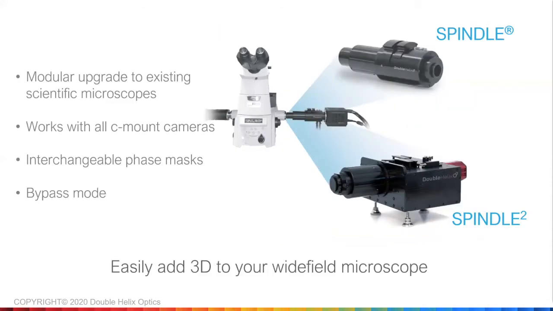In order to allow easy access to a library of phase masks, we have developed our Spindle family of products, specifically the Spindle and the Spindle Squared. These modules can easily be attached to most scientific microscopes and cameras using standard C-mounts and allow for easy swapping of the phase masks to match the application and microscope setup. Removing the phase mask returns the microscope to its standard bypass mode, so it can be used in its conventional 2D operation. The Spindle is a one-channel solution, which can be used for multicolor imaging by either using our multicolor phase masks or imaging